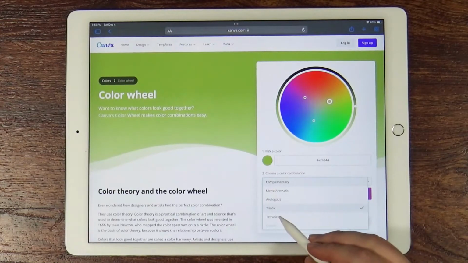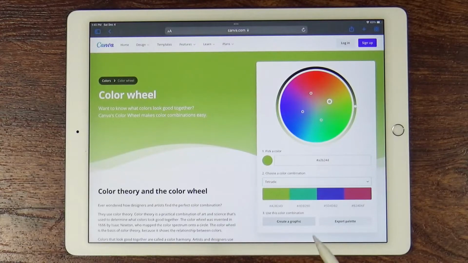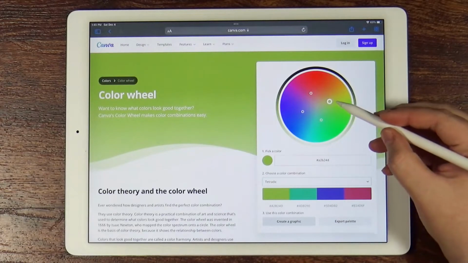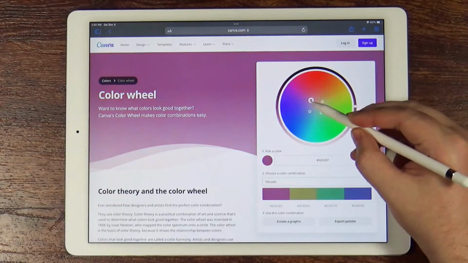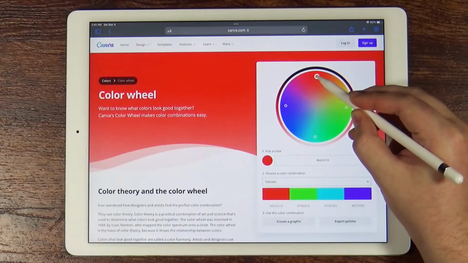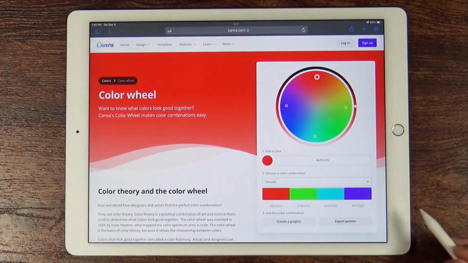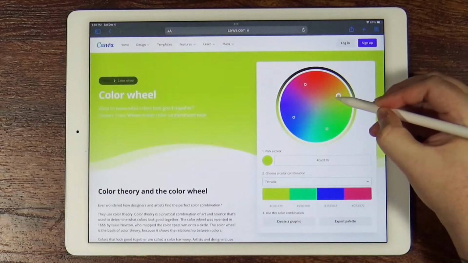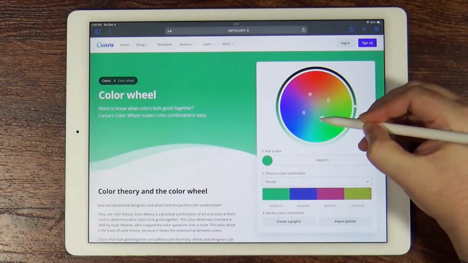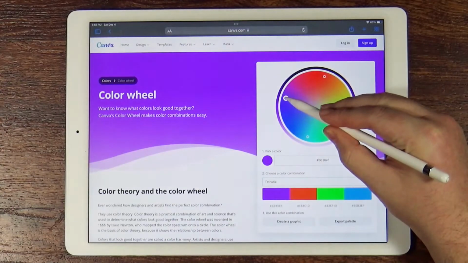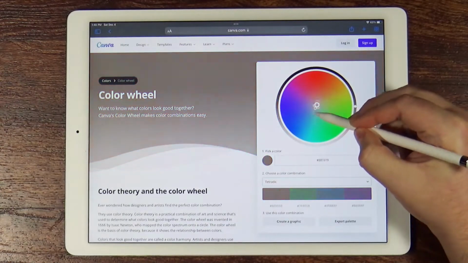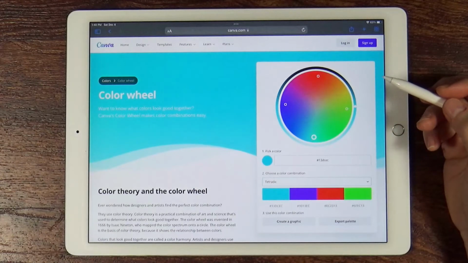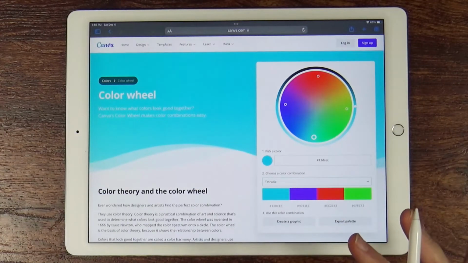And then tetradic is, excuse me, they're going to form a square no matter where you put them. And this is a lot of colors. They go together, but it's a lot. And I still like them better. I like everything better desaturated. But if you like the bright colors, there's nothing wrong with that. It's just, it reads more